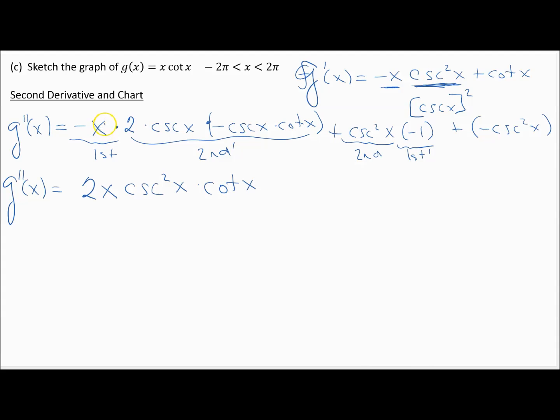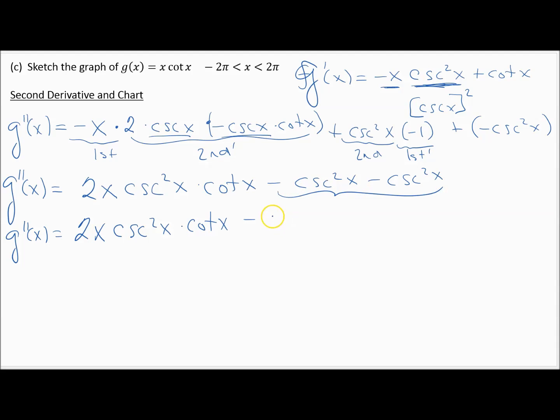So make sure you're comfortable with that. Again, a negative x times 2 times a negative is going to be positive 2x. This cosecant times this cosecant is cosecant squared, and then there's my cotangent. Now this term we can rewrite as negative cosecant squared of x, and this term is also negative cosecant squared of x. So simplified a little bit more gives us 2x cosecant squared of x times cotangent of x minus,